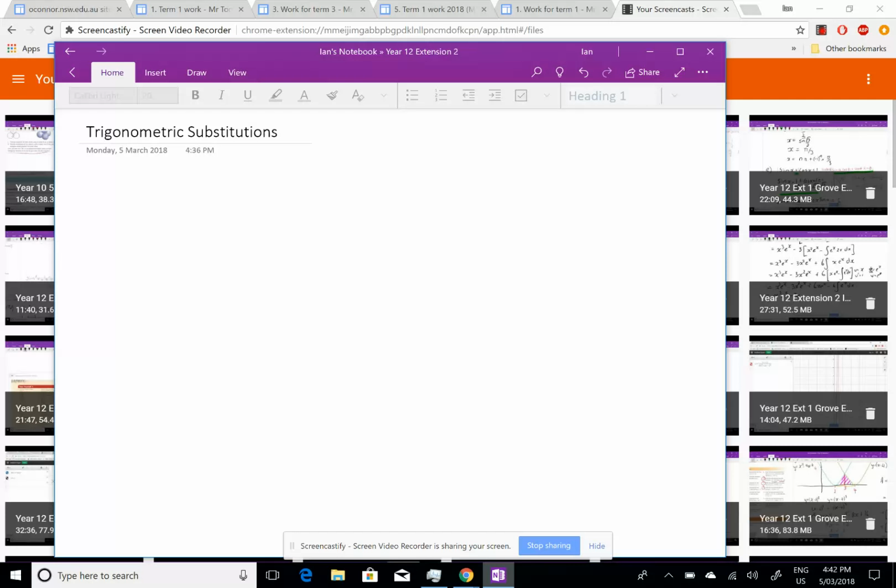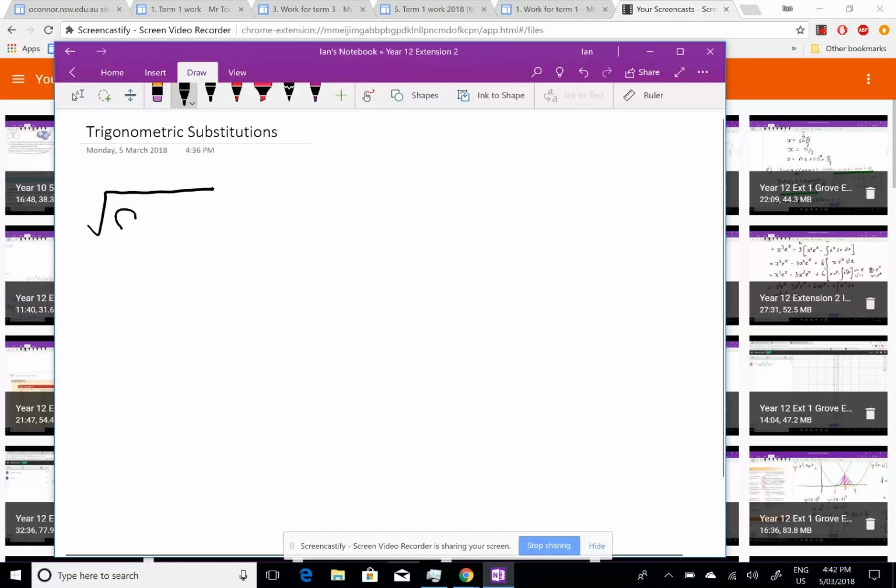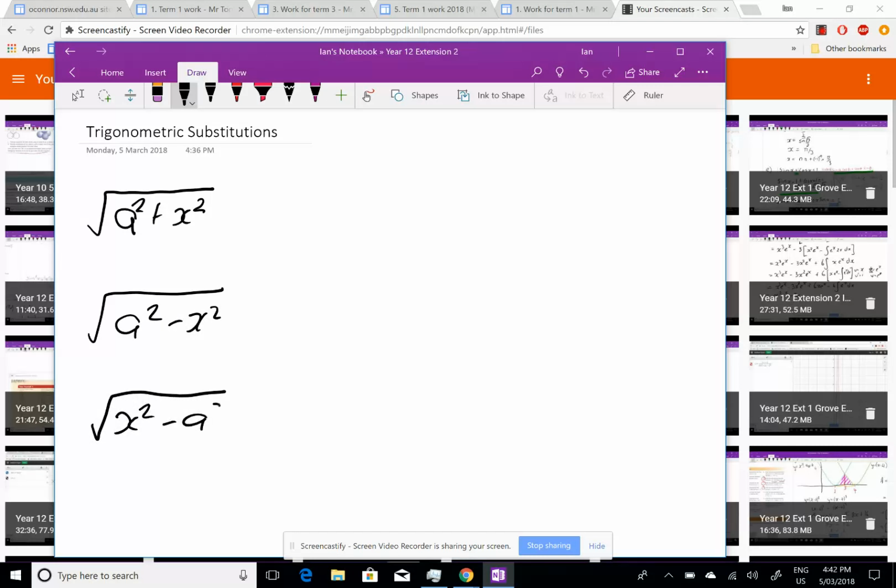So trigonometric substitutions. We're going to look at our integrations when we come across things like root a squared plus x squared and root a squared minus x squared and root x squared minus a squared. So when you see some of these, you're going to have to think to yourself, well, what am I going to do? If I'm doing the first one,